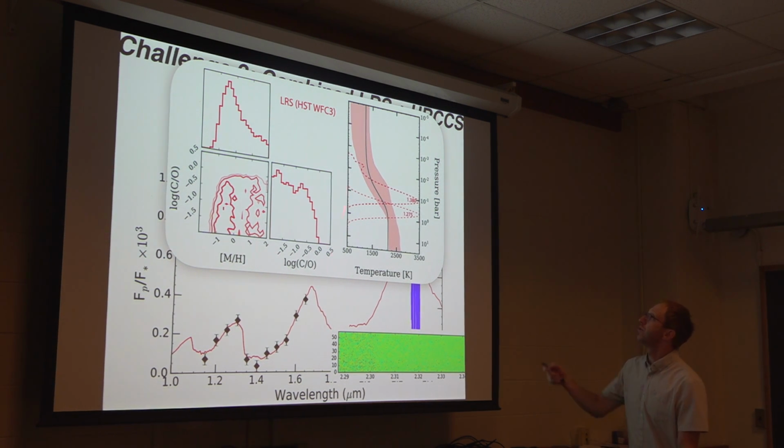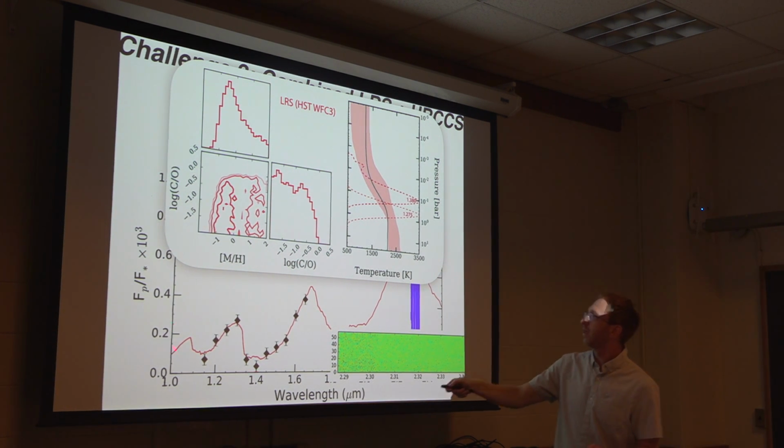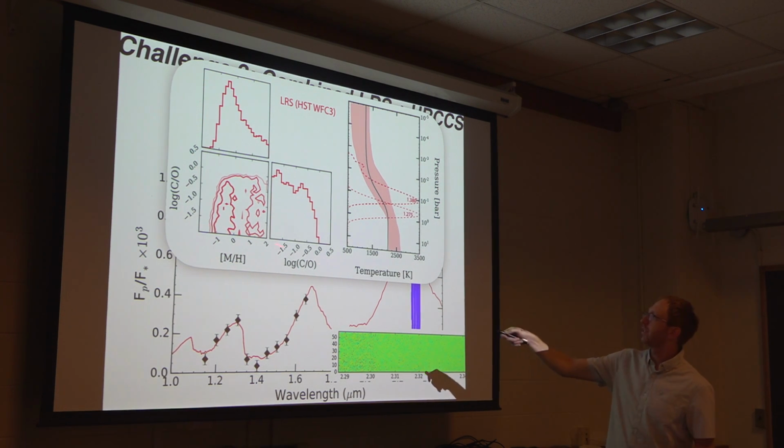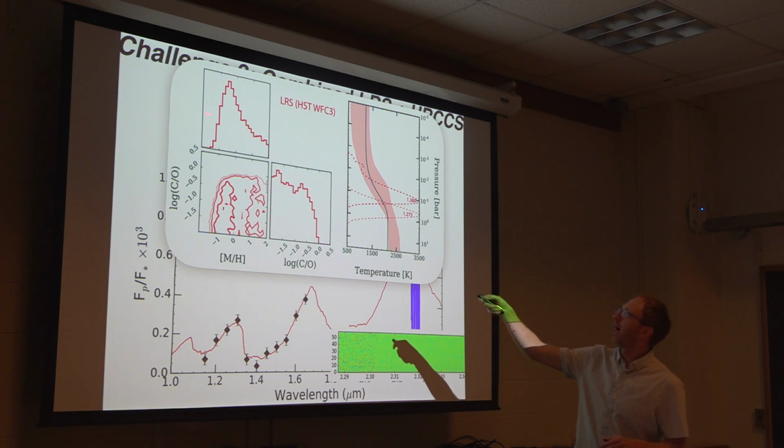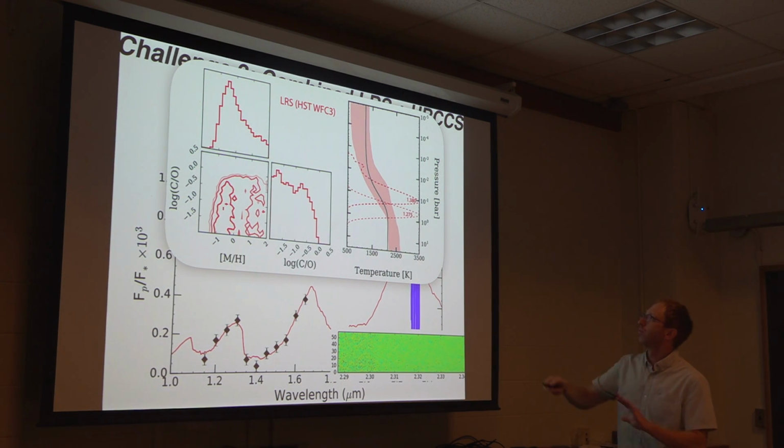And so if you compare those two, this is, again, a fake data set. If you were to figure out what range of metallicities and C/O ratios in the atmosphere, going through some chemistry, would be able to explain this spectrum right here, you get a wide range, typical of what I showed before, orders of magnitude values. Because we're only measuring water right here, you can only put an upper limit on the carbon-oxygen ratio. You can't say